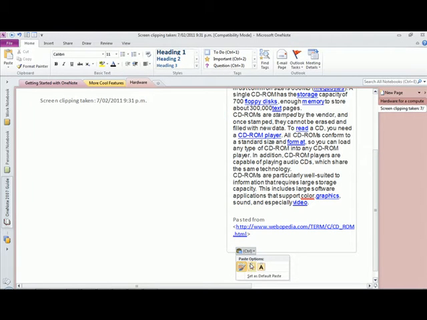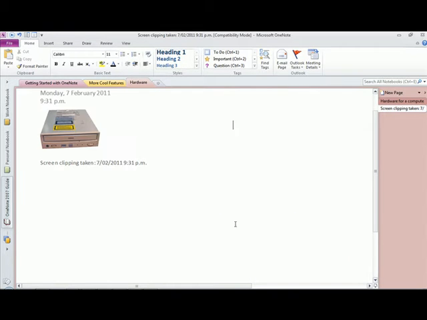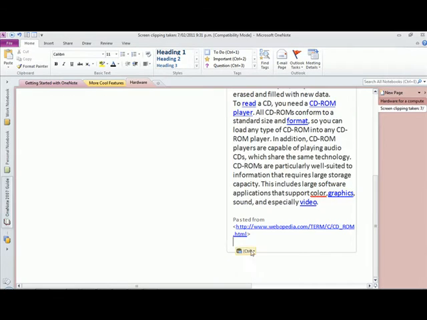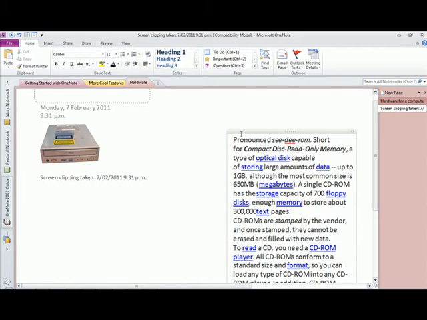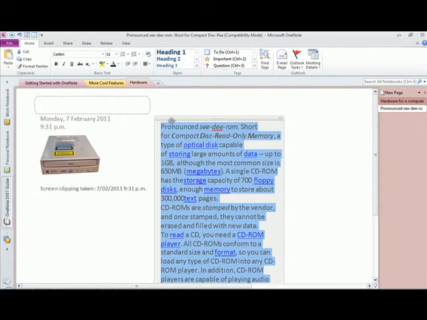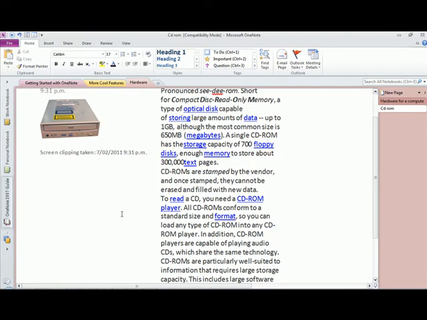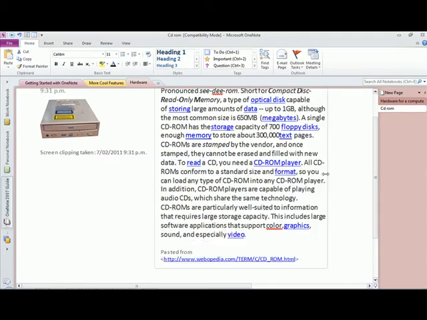I could strip out the formatting if I wanted to. I could keep only the text, or I could decide to keep all the hyperlinks and references in there. At this stage I'm just going to make the formatting all the same, and then I could group those together. I could put on a little heading saying CD-ROM, and then I could resize this particular window so it fits